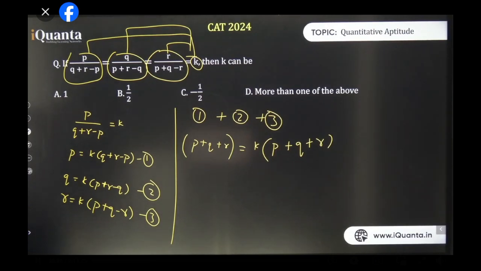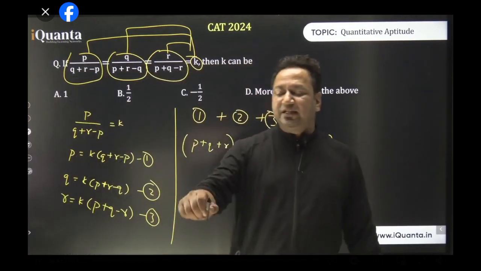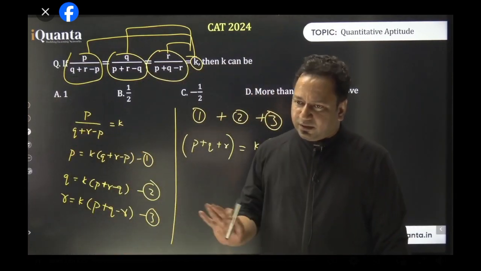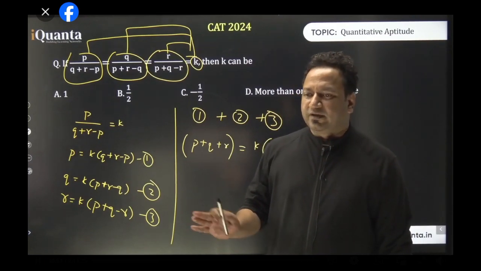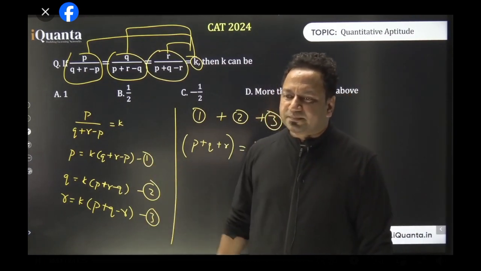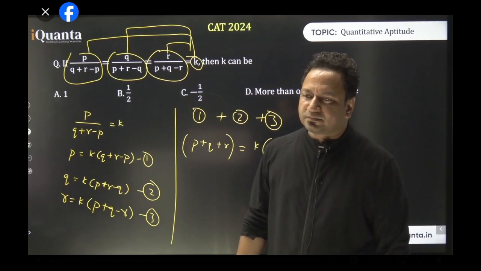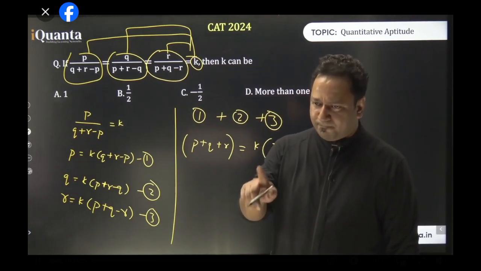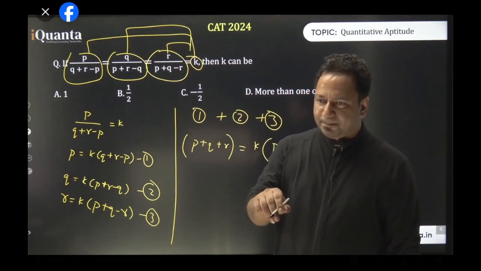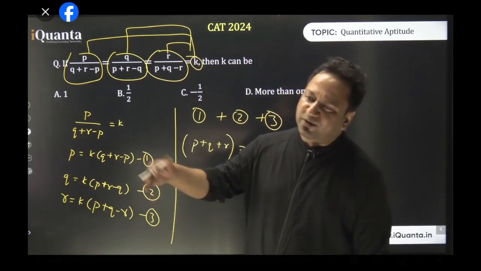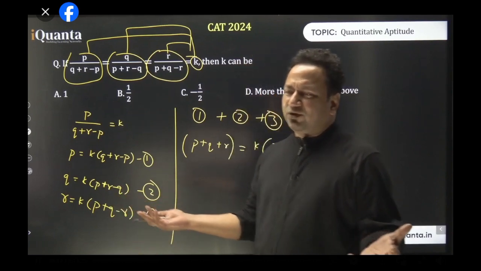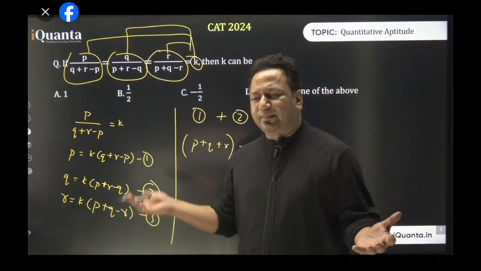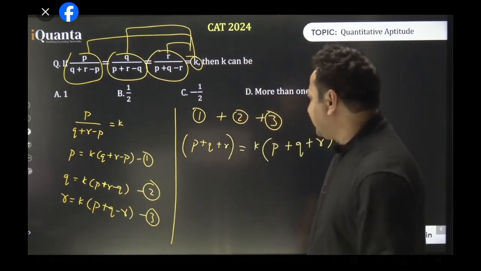So what I'm saying is, if you cannot multiply both sides of an equation by a variable, that means you cannot divide both sides by a variable also. Yes or no? Because division is nothing but multiplication of the inverse. Can I say that? If multiplication is not allowed, then division will also not be allowed. Understood? Because what is division? If I divide something by 2, I am basically multiplying it by 1 by 2. Division is the inverse of multiplication.